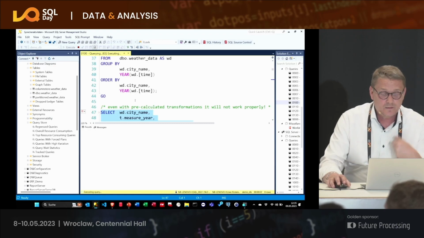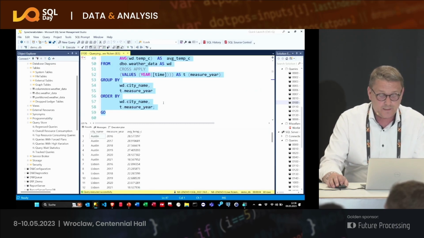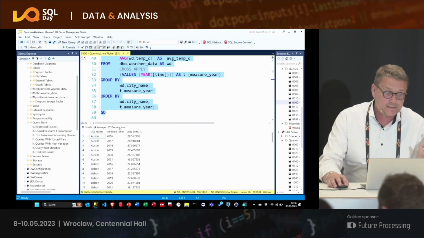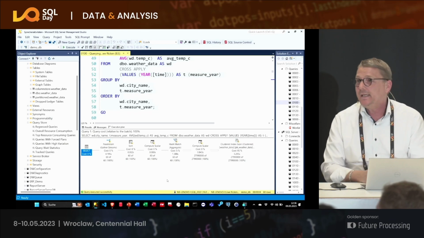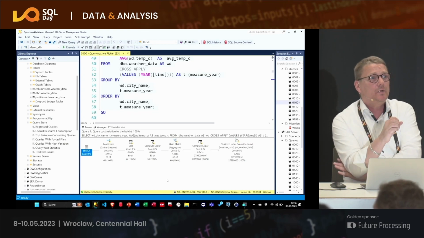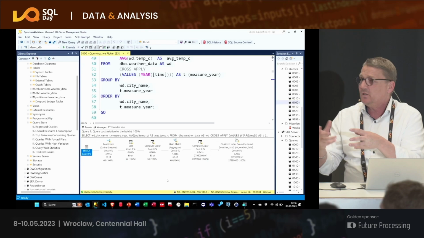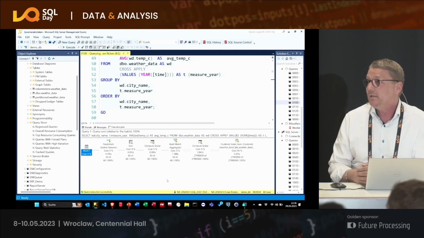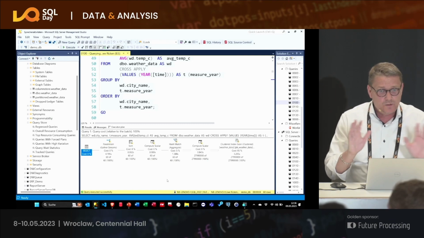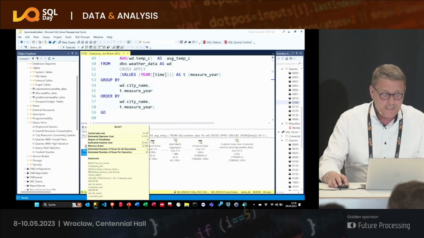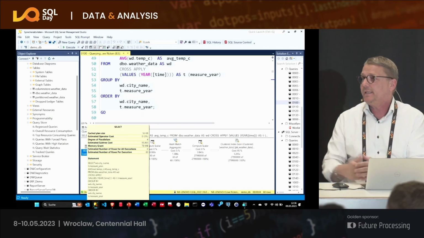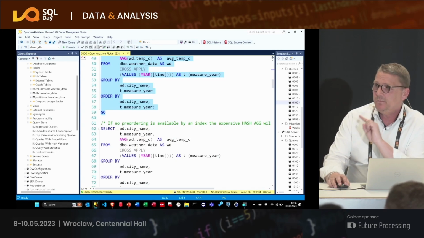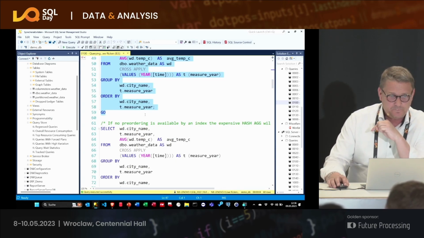And we wait, and we wait, and we wait. Ah, here the data are. 4 seconds. Let's see what SQL Server did. Exactly the same. So we cannot cheat the query optimizer. The query optimizer saw, hey, come on, it's a transformation. It's the same as when we put the output directly into the select statement. So there is no improvement with this. And you see that the memory grant is exactly the same. No optimization. Keep that, please, in mind when it comes to date bucket.